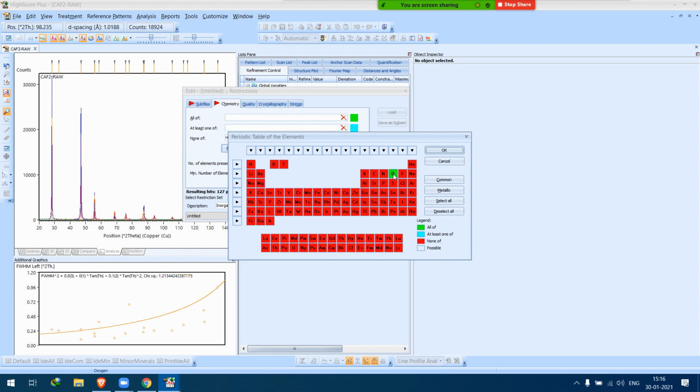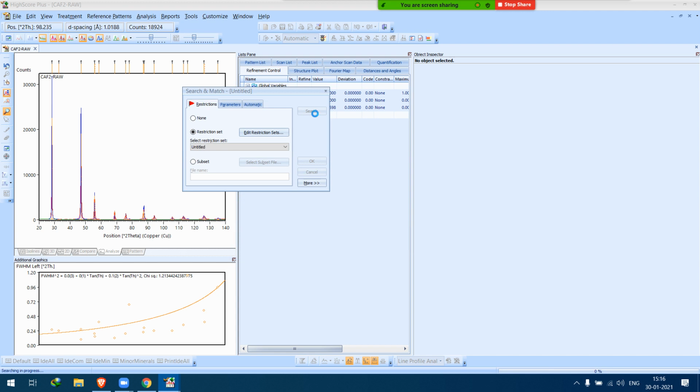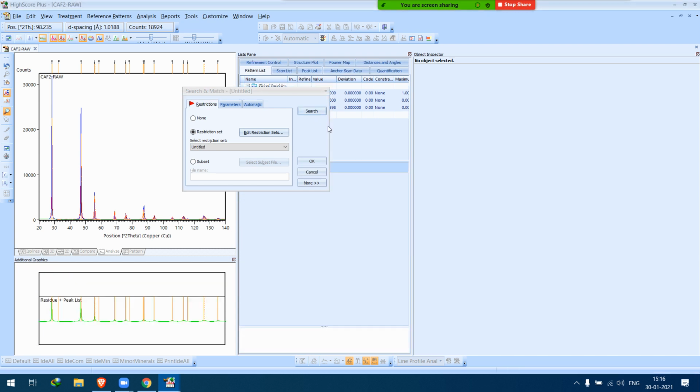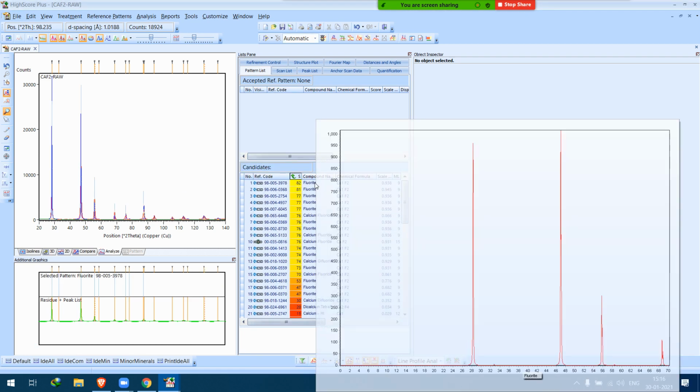Okay, CaF2, where is calcium? Fluorine. Okay, close, search. So now CaF2 is here.